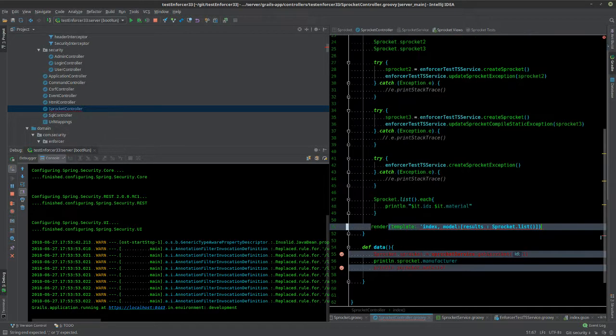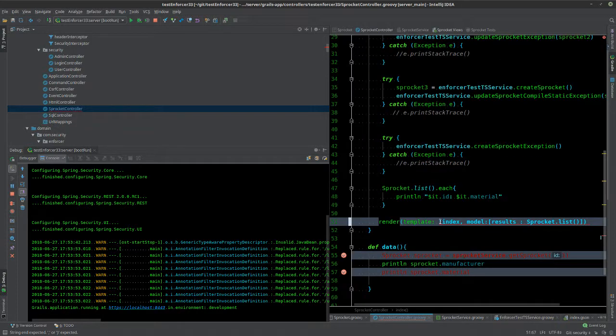Oh yeah, I'm missing a quote. So you could do this instead: if you didn't want to use the convention, you can say render template, which is index, with the model of this. That should work in theory, but I just went with the convention one, which was this.